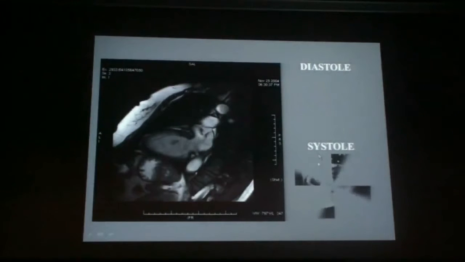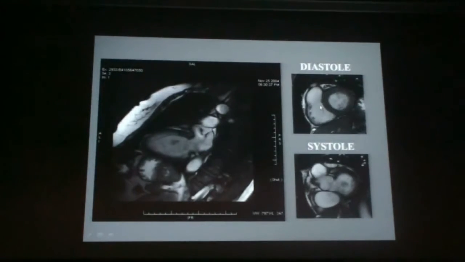So diastole, systole, sorry. There is something important, even if we don't have the video over here. It is to understand that the left ventricle has a motion that goes from the circumference to the center of the heart, but also goes from the base to the apex. Once you understand that, you understand that this slice in diastole is going to be located at the base of the left ventricle, let's say over here, but during systole, the same slice that hasn't moved is going to find itself located now in the left auricle, in the left atrium. So this is important to